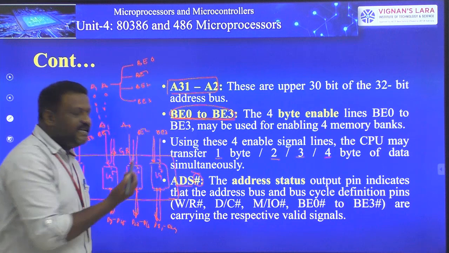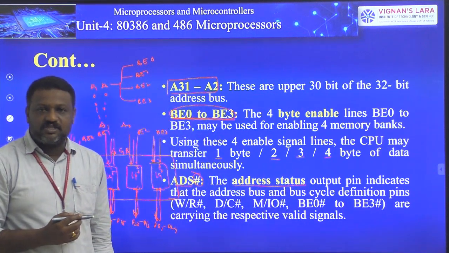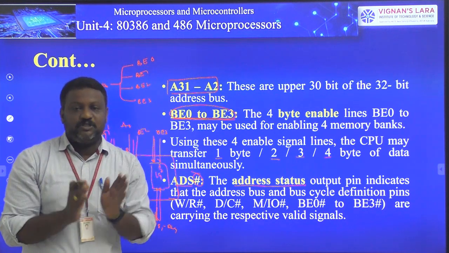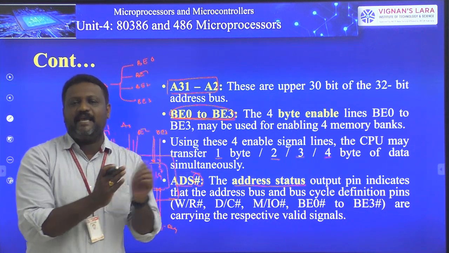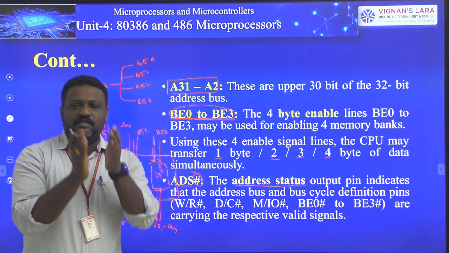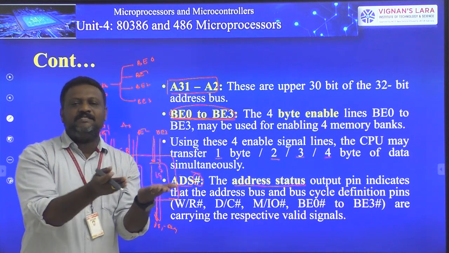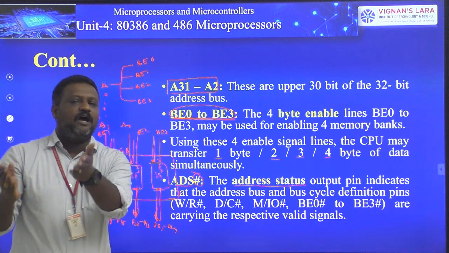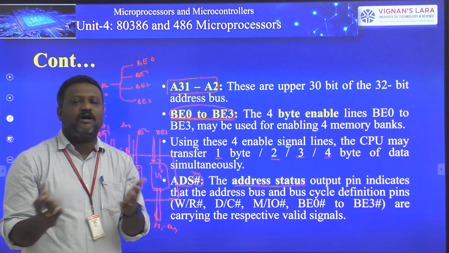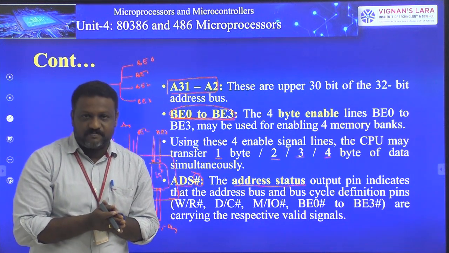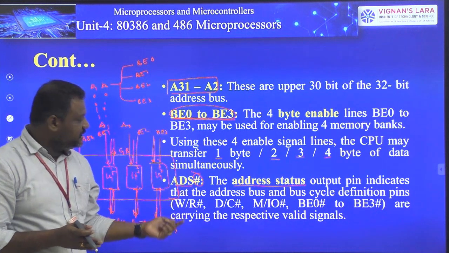Next, coming to what this ADS means. ADS means address status. Generally, in the case of the 80386, we never find an address latch enable signal, ALE. So this ADS does the job just like the ALE signal. That signal acts as an enable signal for address latches to hold the addresses which are sent by our processor to the memory or an IO device through the address latches. So here the same job is done by ADS. That I mentioned here.